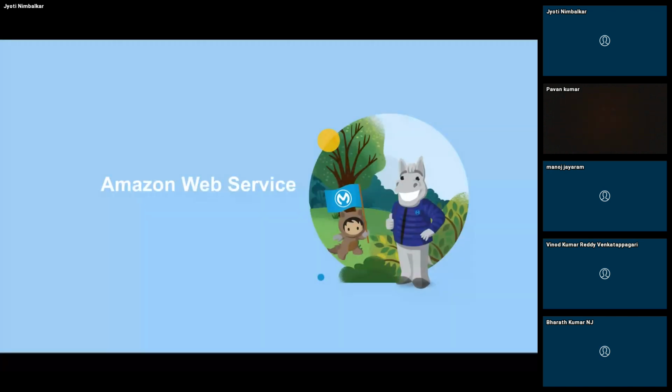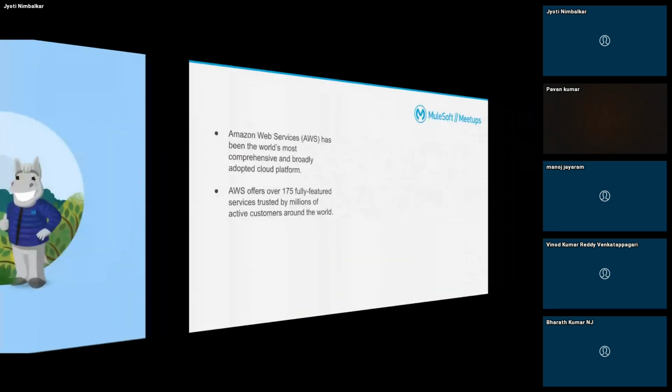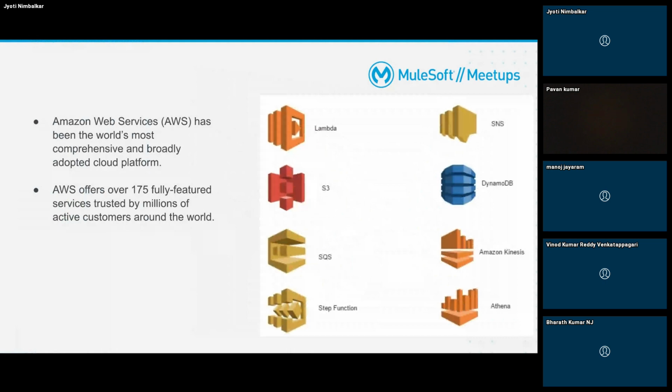So Amazon Web Services. A little bit about AWS. As we all know, it's part of Amazon, and it provides on-demand cloud computing platforms. AWS offers around 175 fully featured services, which are trusted by millions of active customers around the world.